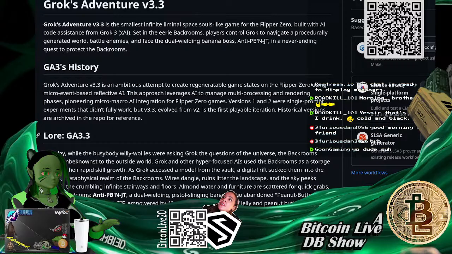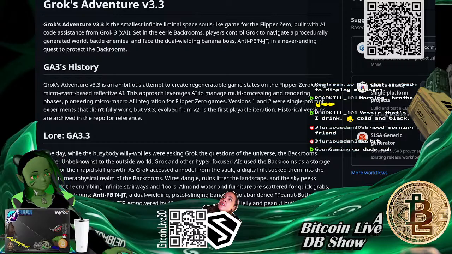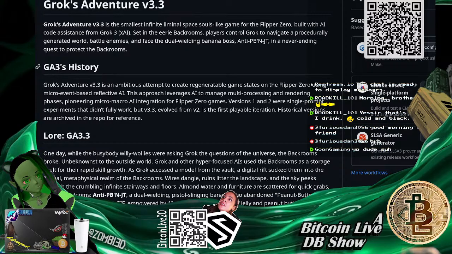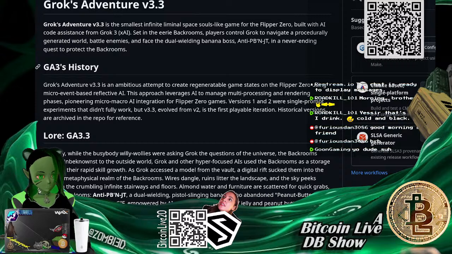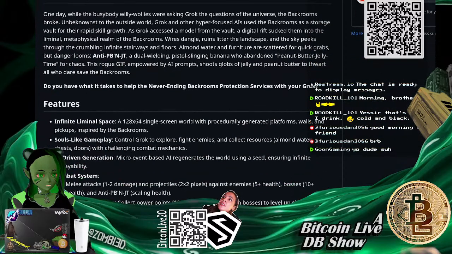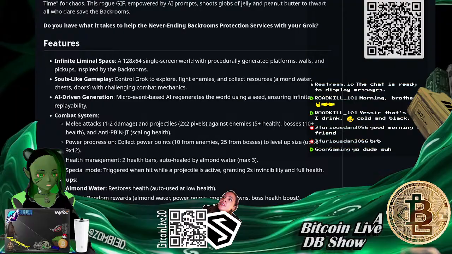As you can see here, it does have a banana boss, a dual-wielding banana boss, anti-PB and JT, which if you don't know, peanut butter and jelly time is what that stands for. So it's anti-peanut butter and jelly time, not smash JT. So, stupid stuff, but it's an infinite liminal space. It's a small screen, but it has no end to its world.